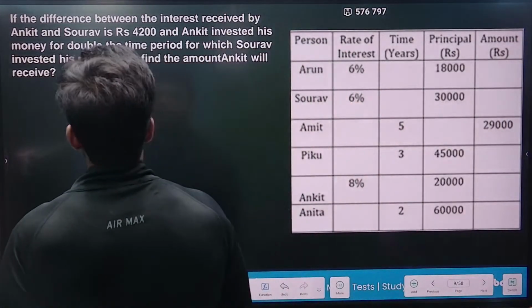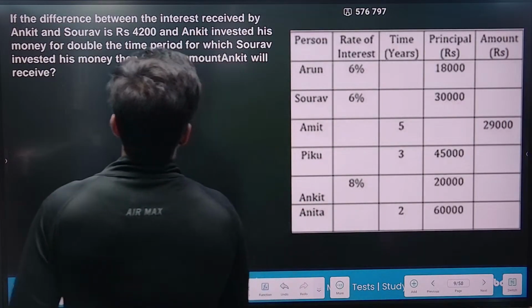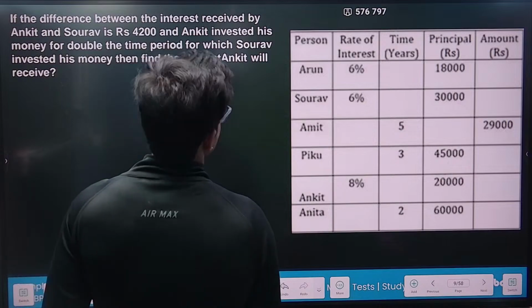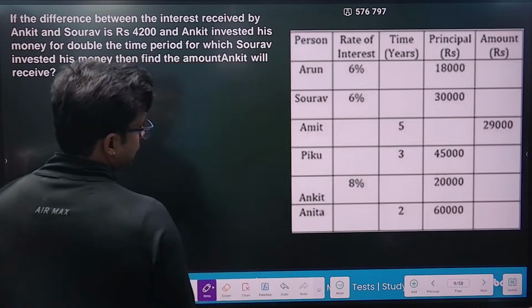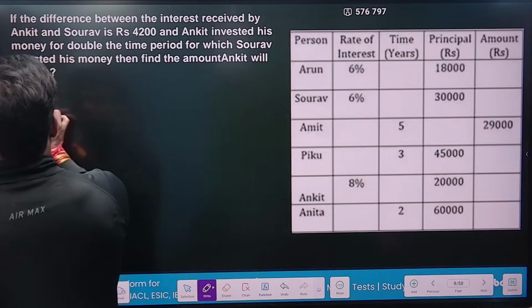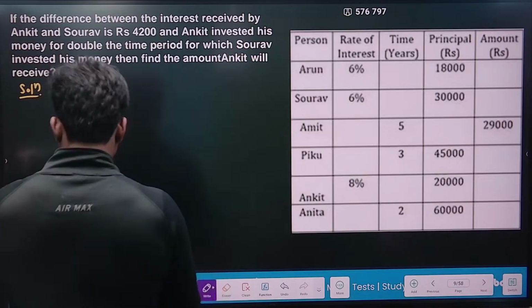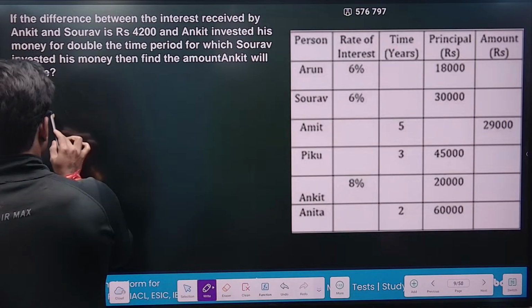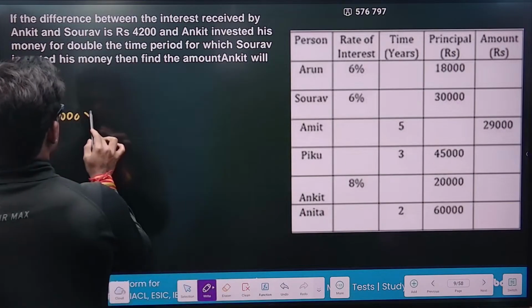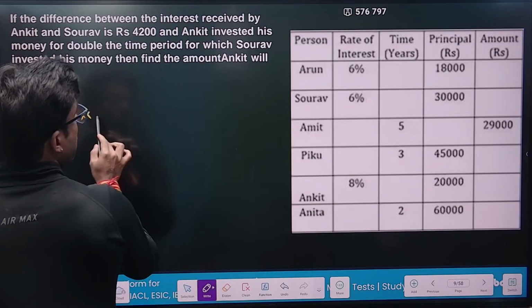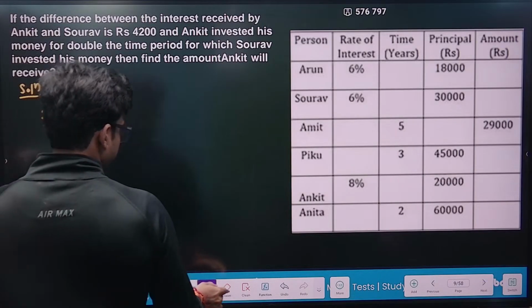Okay, let's see. If the difference between the interest received by Ankit and Saurav is 42,000, Ankit invests his money for double the time. Okay, Ankit at 8%. So Ankit's amount is 20,000. Solution. 20,000 into 8%, only write 8,